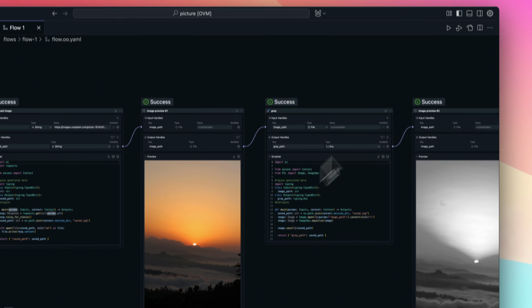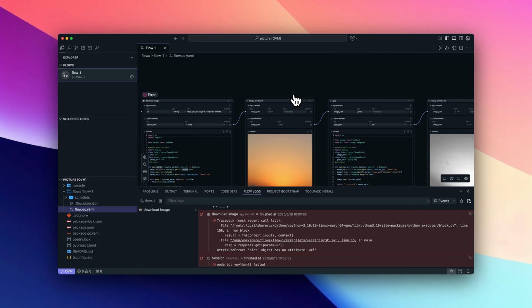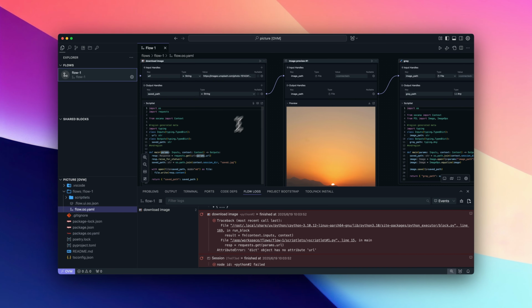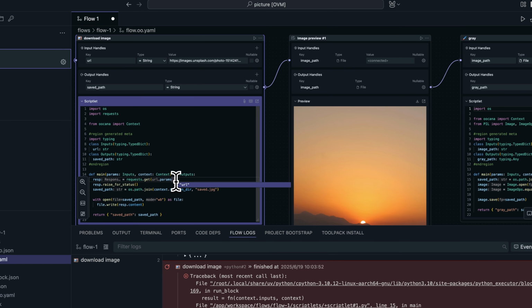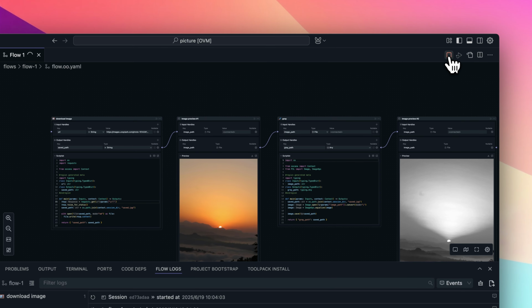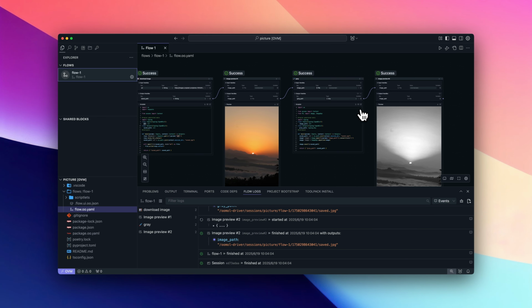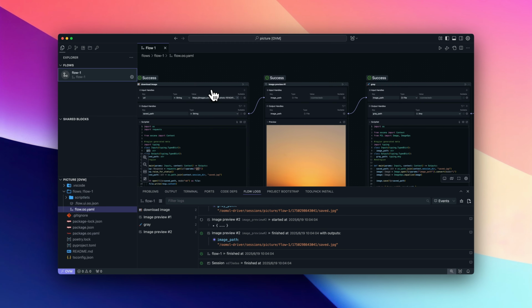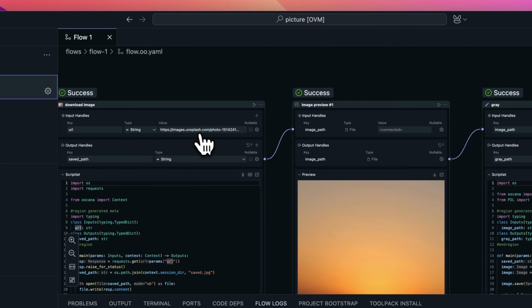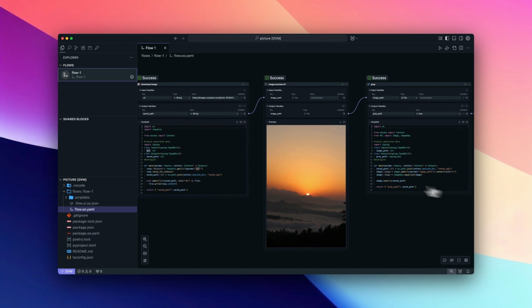Much better. Hit run. Error. Oops, small issue. The params is a dictionary, so let's adjust that. Run again. Success. See? This flow can take an image URL as input, run it, and download the image to convert it